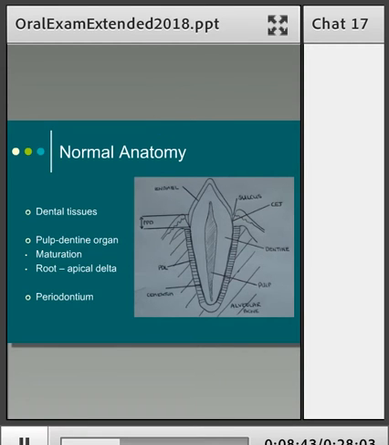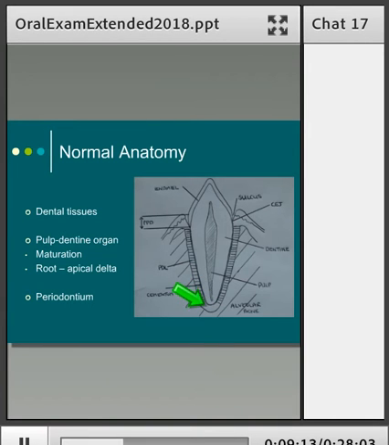So the pulp dentine organ is referring to the fact that the pulp is laying down the dentine, it's producing the dentine. And of course the tooth size remains the same, so as our animal matures, and that includes ourselves, then the pulp becomes restricted to a narrower and narrower space as the walls of the dentine become thicker and thicker. In addition to thickening the walls, the other thing is that in a very young animal, then the apex,